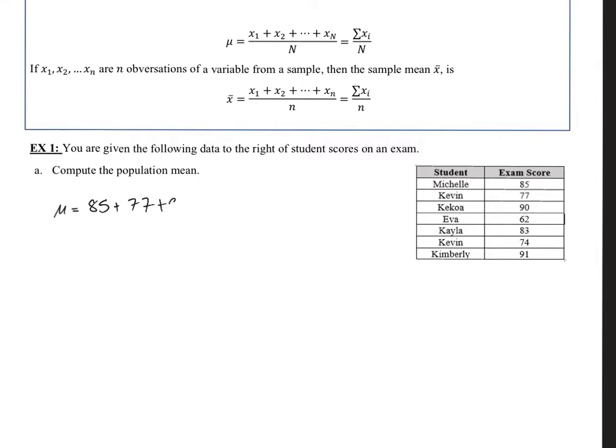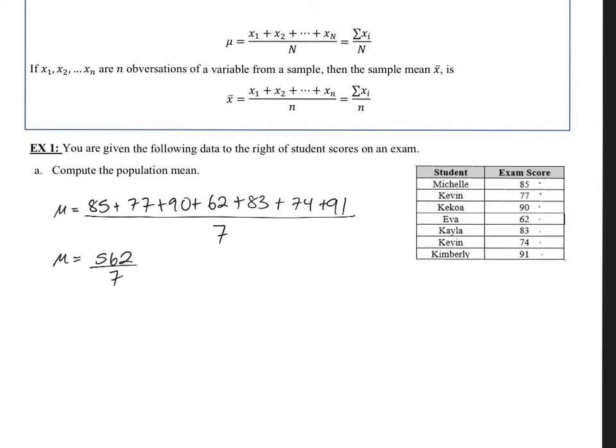You can pause the video and try to work on this by yourself. 83 plus 74 plus 91. And then what are we supposed to divide by? Well, the number of observations that we see. So how many are there? 1, 2, 3, 4, 5, 6, 7. Adding all of those up, I got that mu equals 562 divided by 7,